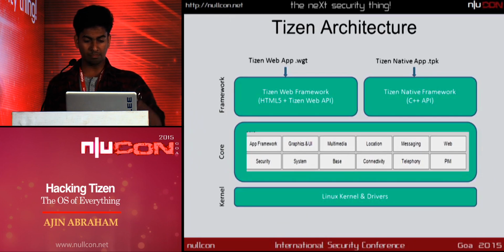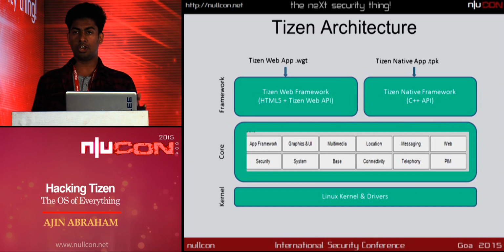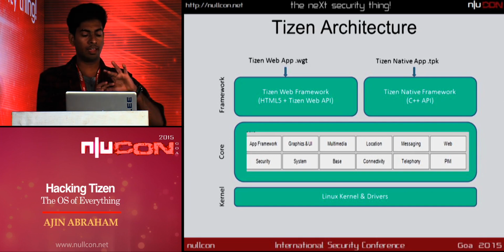So this is basically the Tizen architecture. In Android, you have .apk itself, right? So you have the hybrid application, web application, whatever. It's a .apk file. But in Tizen, you will be having two types of files. One is a .tpk, that is a native application which is written in C++. And then you have the Tizen web app, which has the extension .wgt. It's a widget. So the advantage is that both of them can actually access all the features provided by the device. Like SMS, security, metadata, location, GPS, geolocation, whatever.